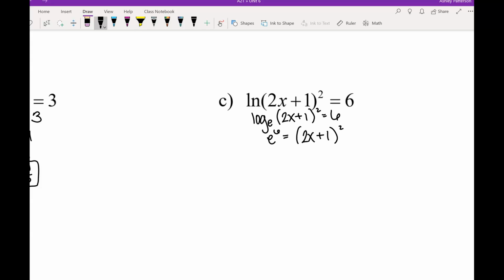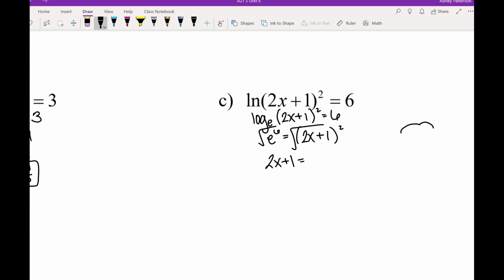Now, yes, we could absolutely square out this quantity, but I don't know what e to the 6th is without a calculator. And I don't want to use a calculator. The idea behind this skill is to not use a calculator. So let's take the square root of both sides. In doing so, we get 2x plus 1 is equal to